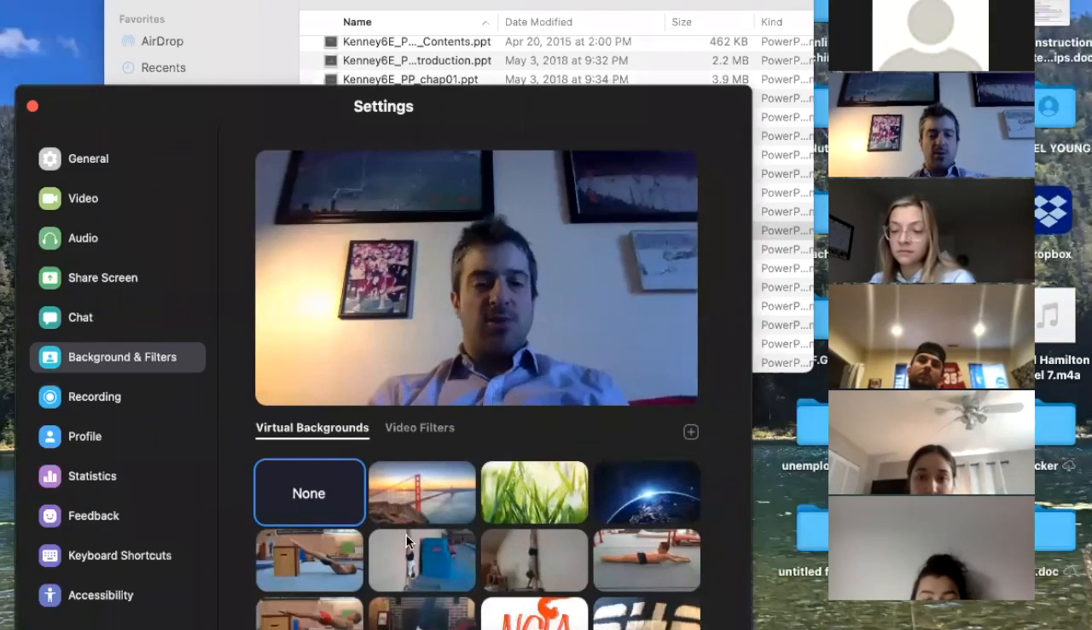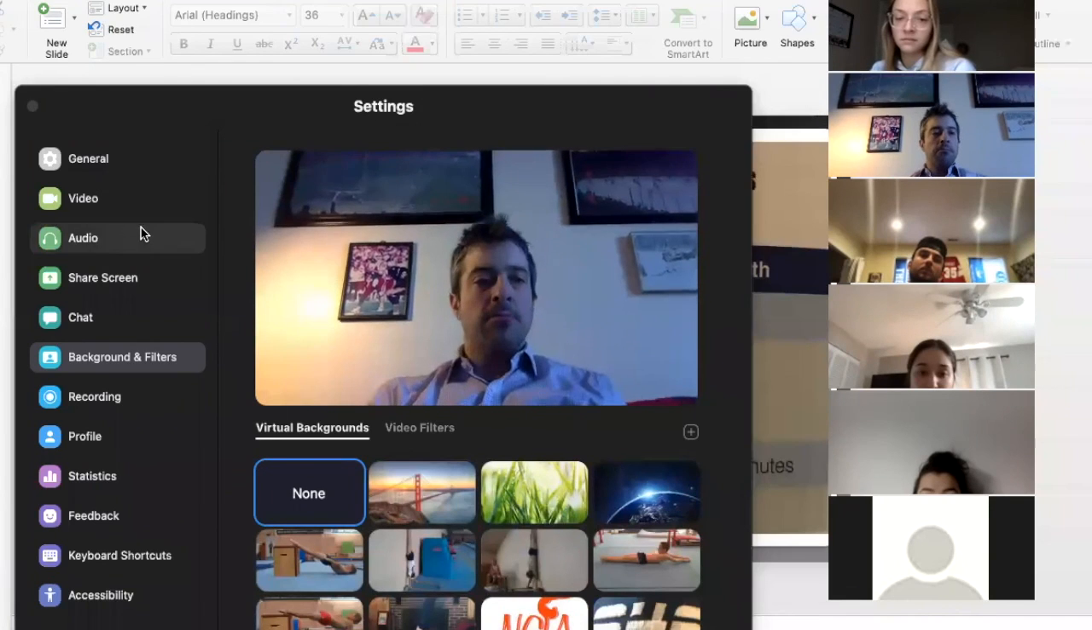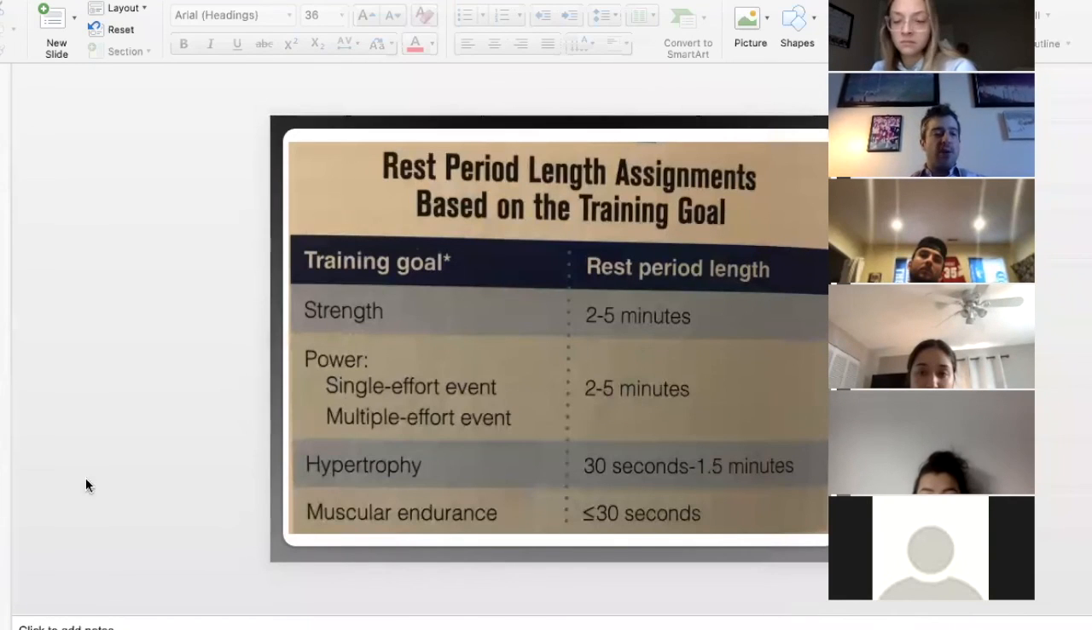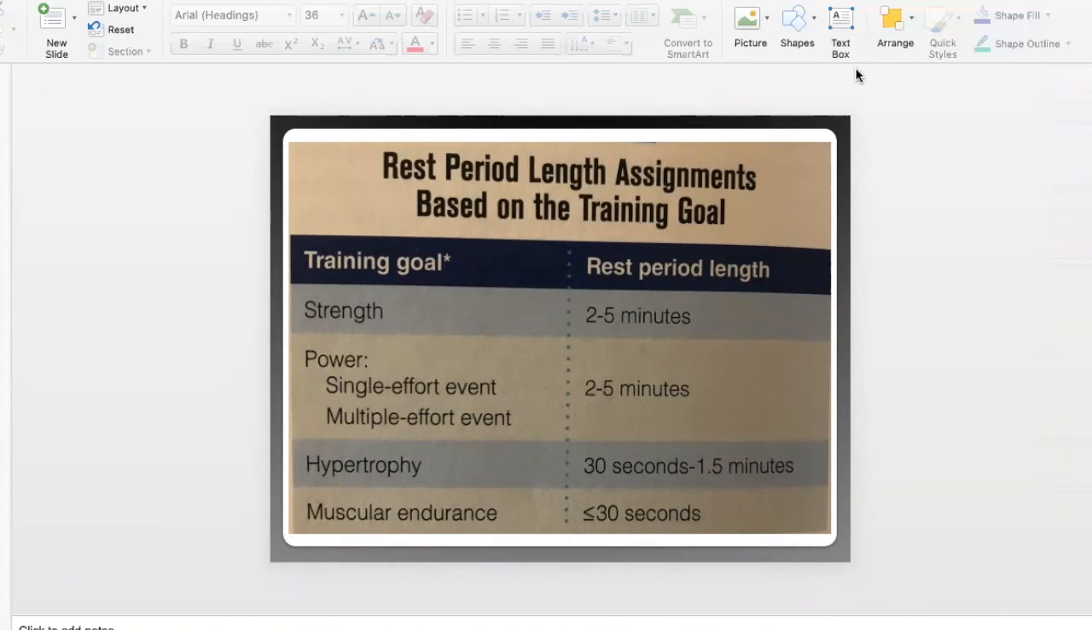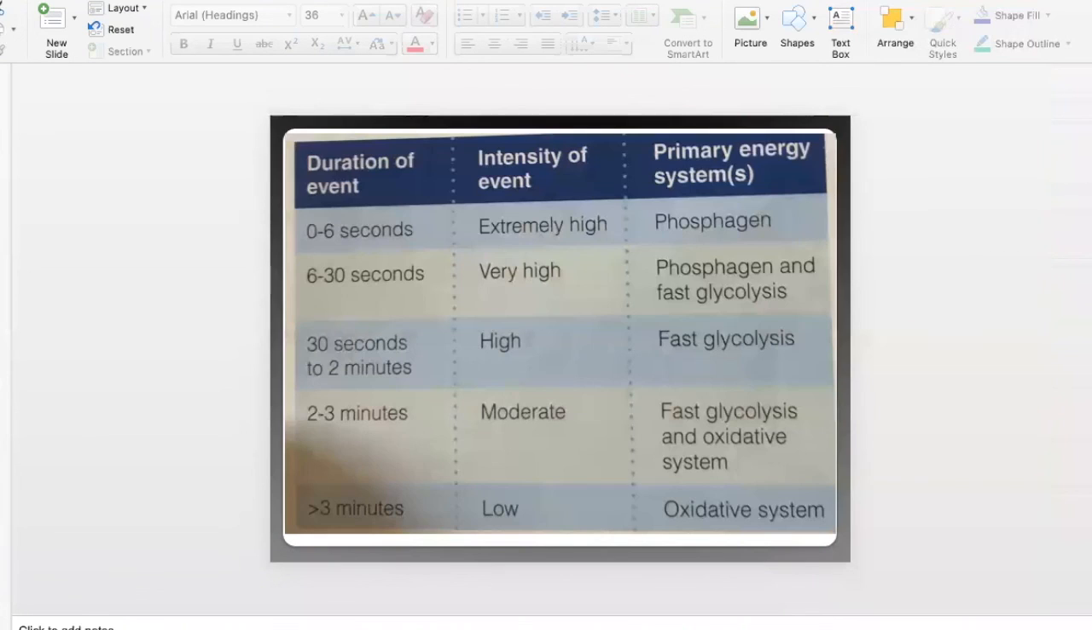All right, so let's just go back to this here. So rest is important. And these are the ACSM guidelines in terms of rest for each one of these training goals. All right, and it tells you what energy system you're using. So if your bout of exercise is very intense and it lasts from 0 to 6 seconds, you're working your phosphagen system. So right here, I think this is about how long a shift in hockey lasts, 2 to 3